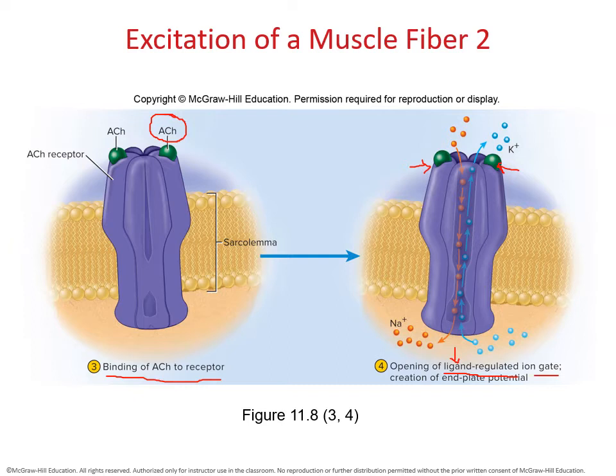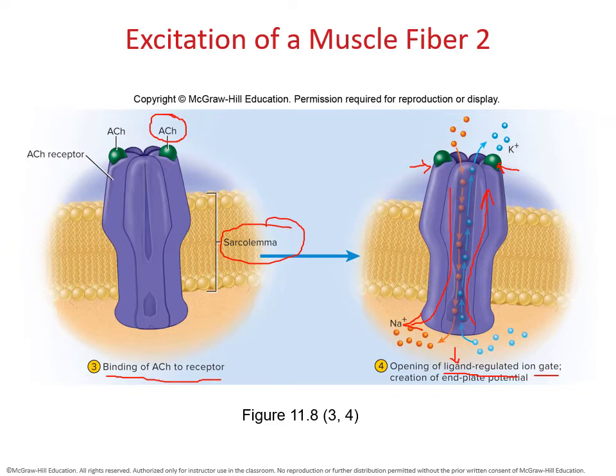And this will allow sodium to come into the sarcolemma. See, here's my little sarcolemma. And potassium to be kicked out of the sarcolemma. And we're doing this because, as you might recall, muscle cells are excitable. You can change their membrane potential. So very similar to a battery, you can change the membrane voltage that runs through the membrane or the sarcolemma, making it more positive or more negative. And in that way, you're able to stimulate the cell.